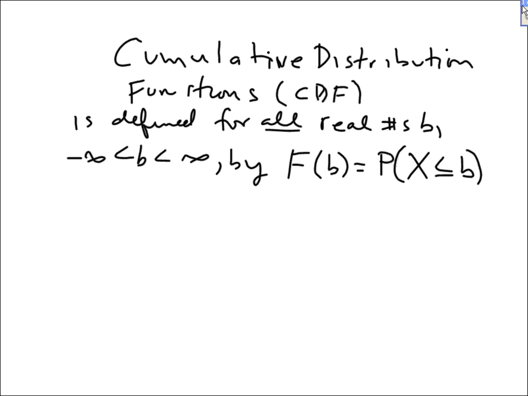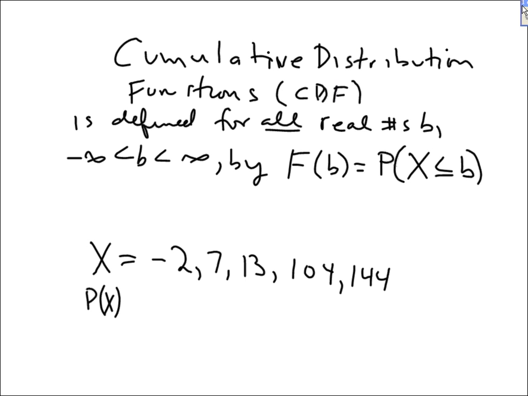In other words, if you have a random variable that can take on the numbers -2, 7, 13, 104, and 144. And let's just make believe that the probabilities of these are 1/12, 1/20th, 1/10, 1/4, and whatever that needs to be to make these 5 numbers add up to 1. I'm not going to calculate that. If you want to know,